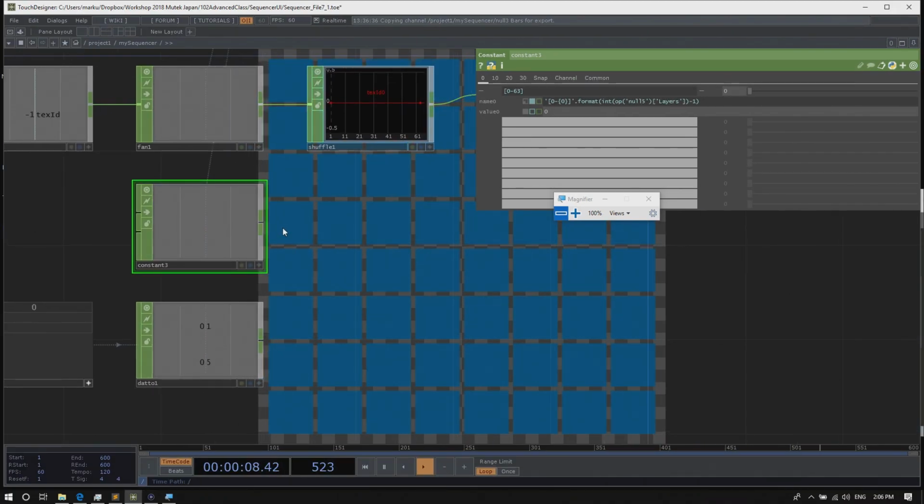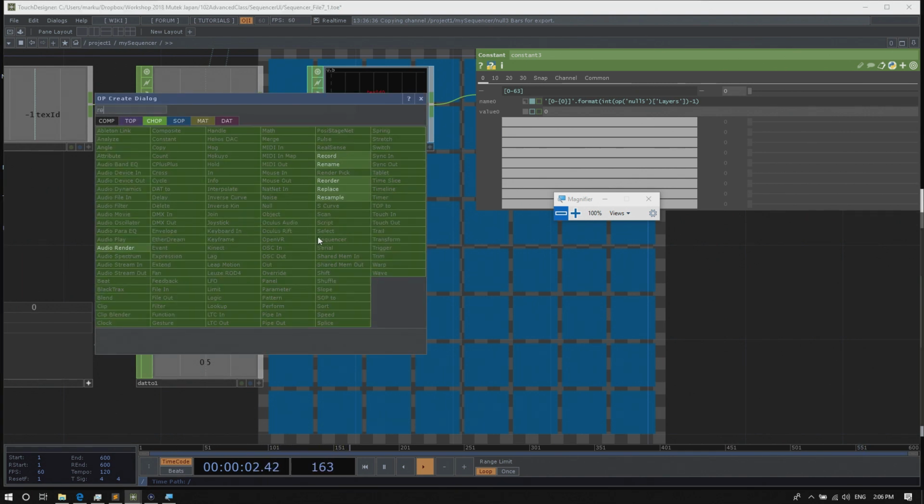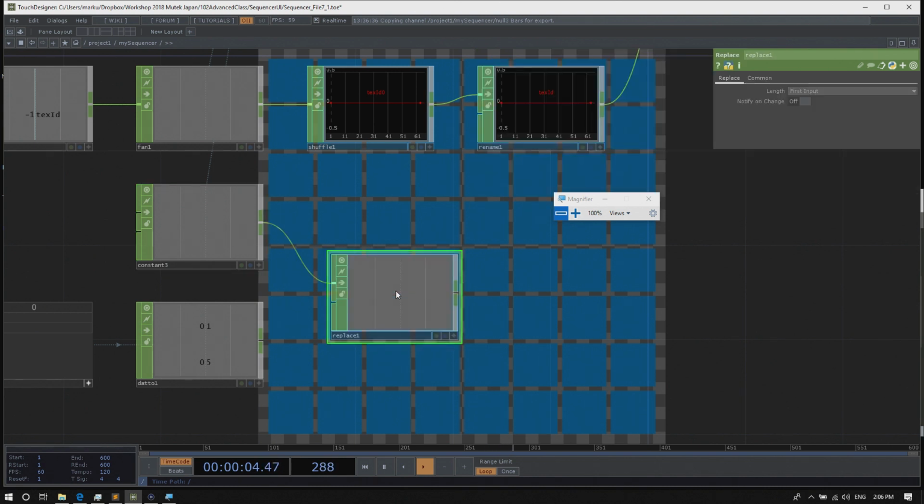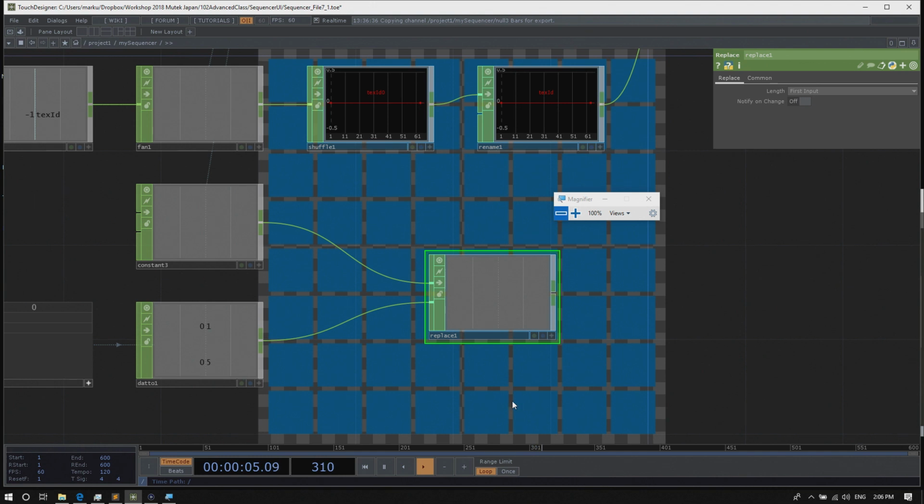So let's, after the constant chop, let's add a replace. で、リプレイスをつなぎます。And let's feed it with the DAT2 as the second input. で、DAT2 のから来ている、セカンドインプットを、ものをセカンドインプットに入力します。And now after the DAT2, I want to add a math chop to give those channels that should be on a certain value.